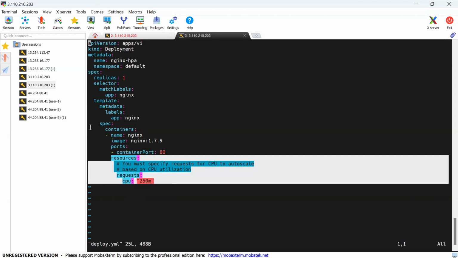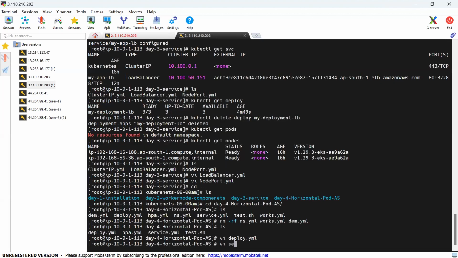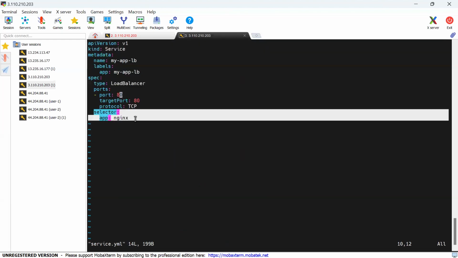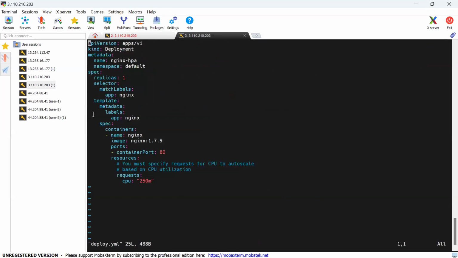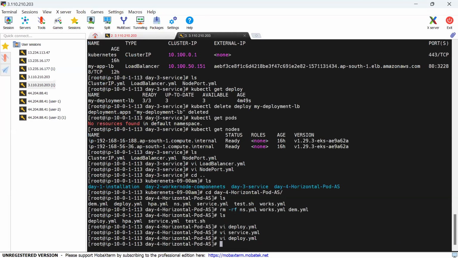Okay, and the remaining, as we know, deployment.yaml is the same thing. In this case, we have written service.yaml separately. But what is the selector here? App nginx selector. Definitely this selector should be there in deployment.yaml. Otherwise, the service will not be created. Let's go and check. vi. See. Clear? So now,